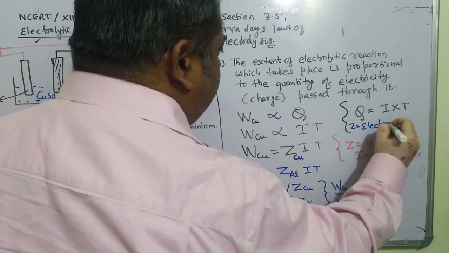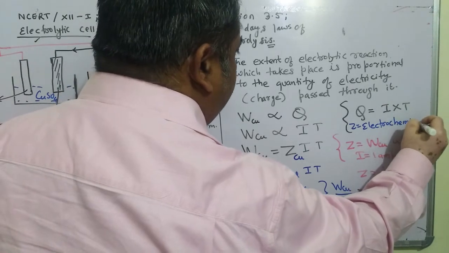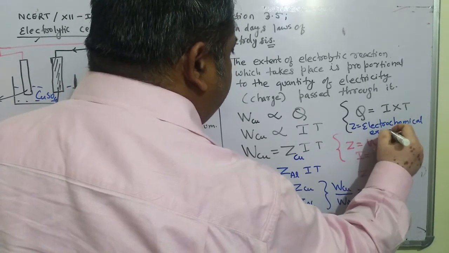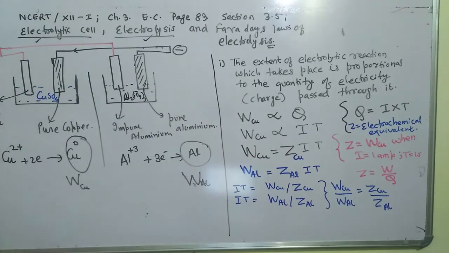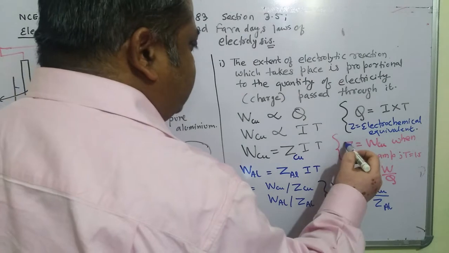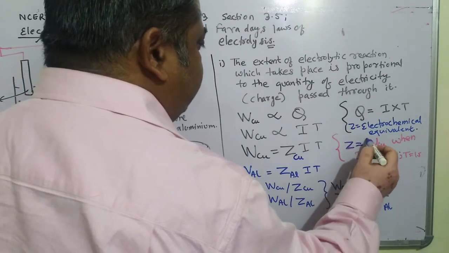Electrochemical equivalent. What is the meaning of electrochemical equivalent? Electrochemical equivalent means Z is equal to that weight deposited